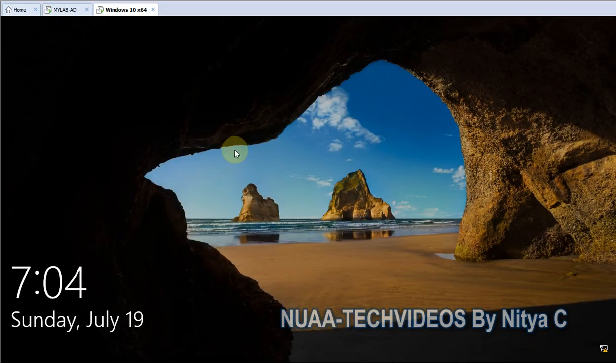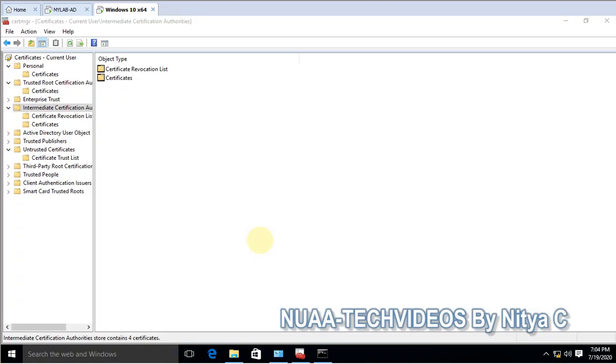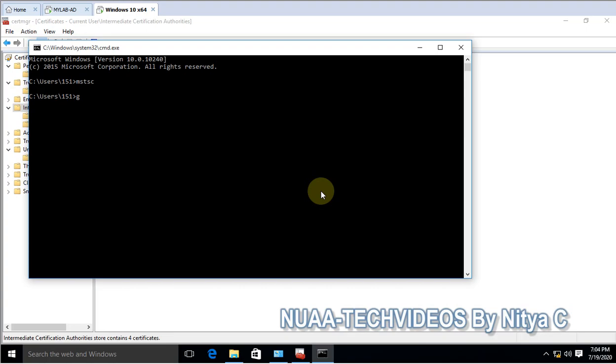And now I have the client machine also, one of the client machine. Let me do it here also, GP update.